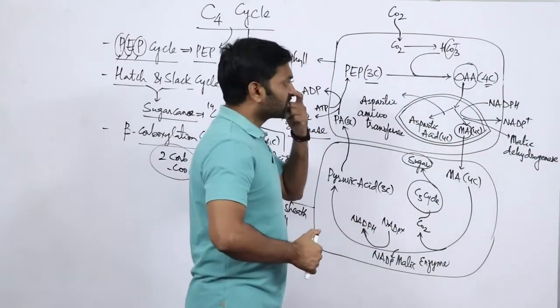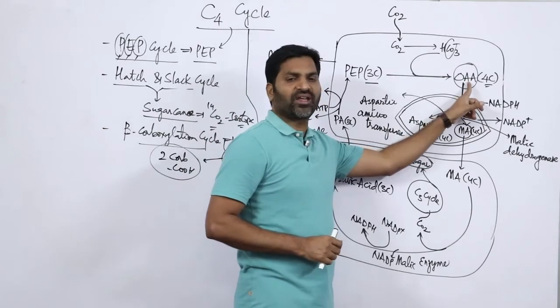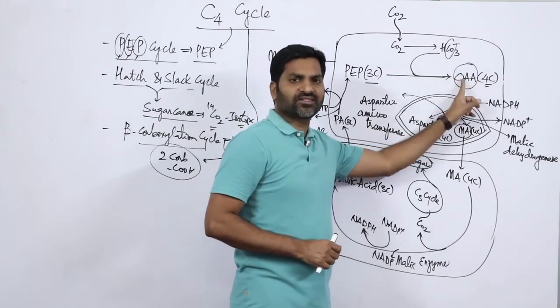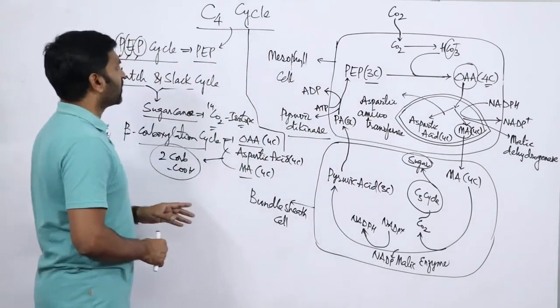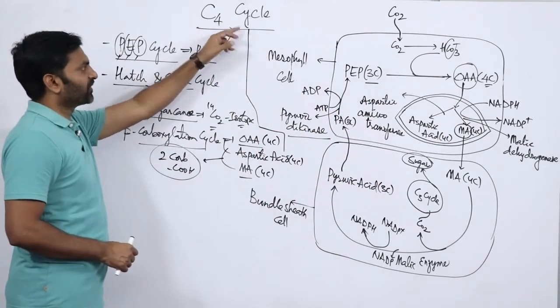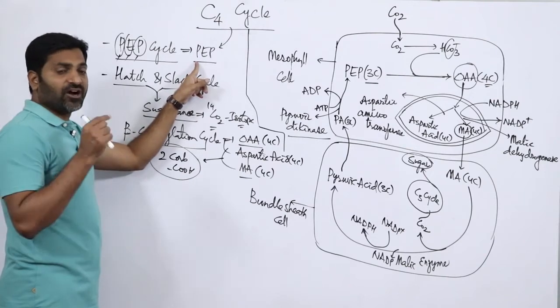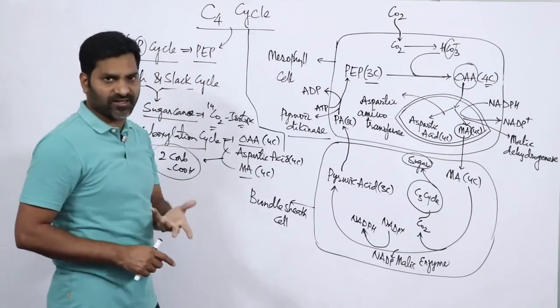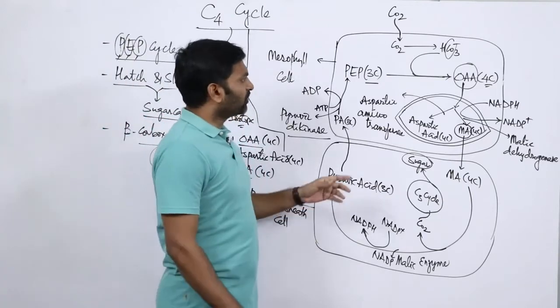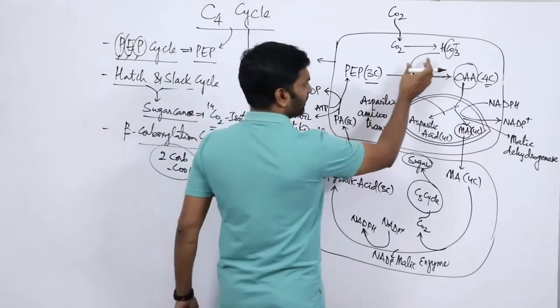So this is the first stable compound in the C4 cycle. This first stable compound is having 4 carbons. Hence this cycle is also called the C4 cycle. The first compound which is involved in the C4 cycle is PEP. Hence it is also called the PEP cycle. Clear? Now this particular combination